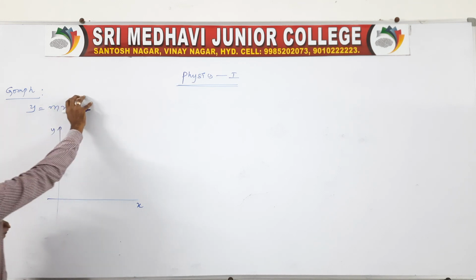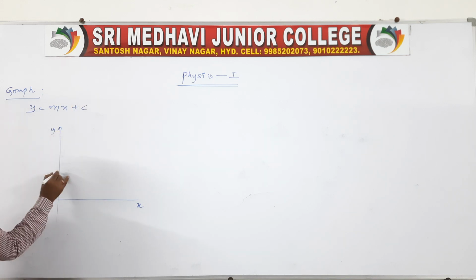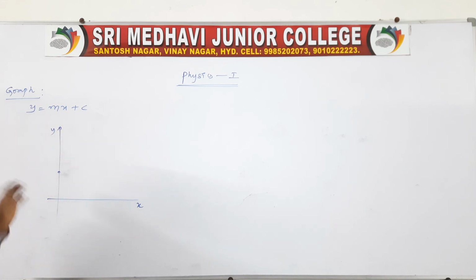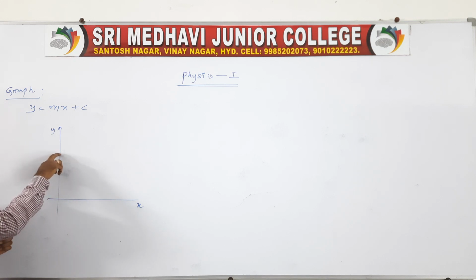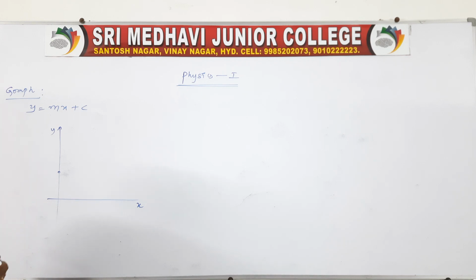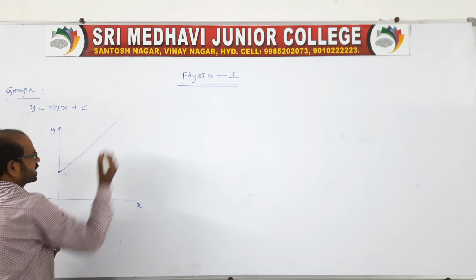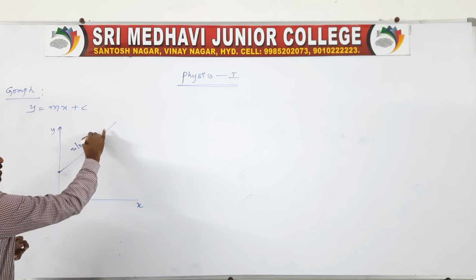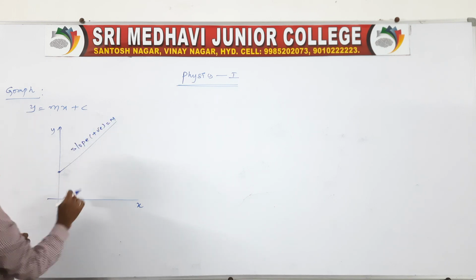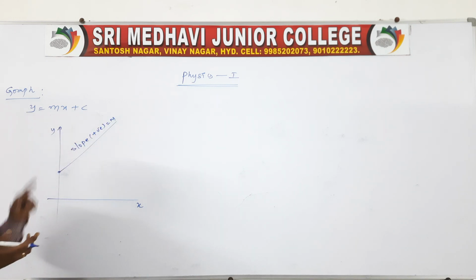And y = mx represents a straight line, and here also it represents a straight line only. You take any point on the y-axis, no problem, anywhere on the y-axis instead of taking the origin, so that it is again a straight line with a positive slope. So the slope will be positive, we can say m, because there are no negatives in this expression. So that is the y = mx + c graph.